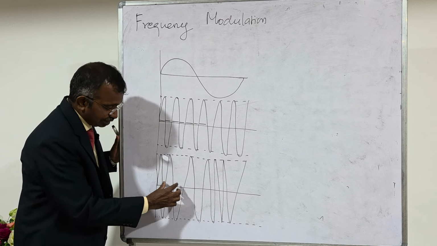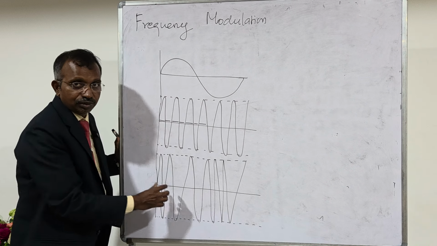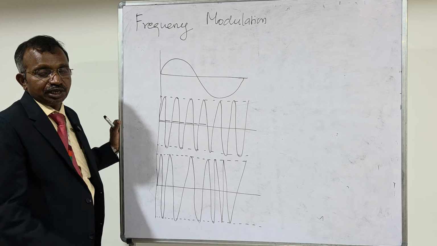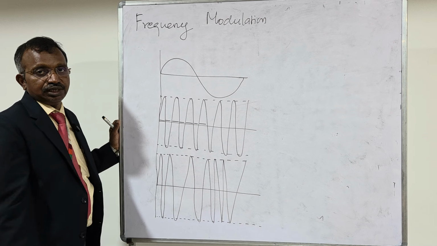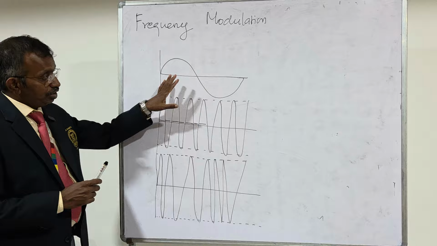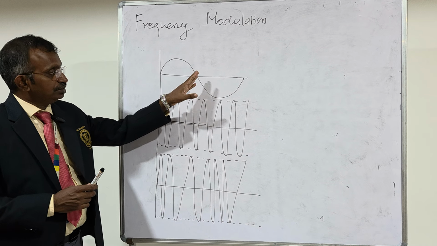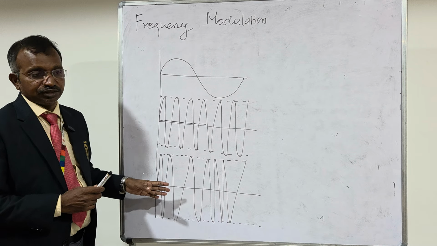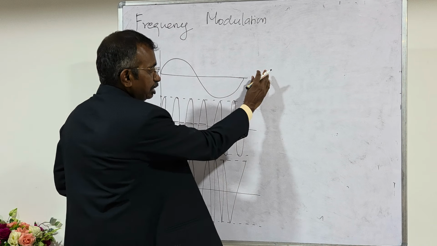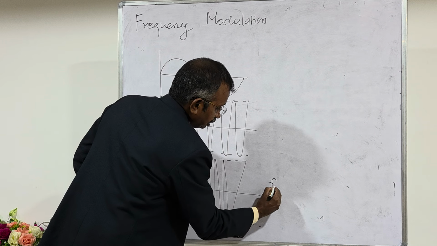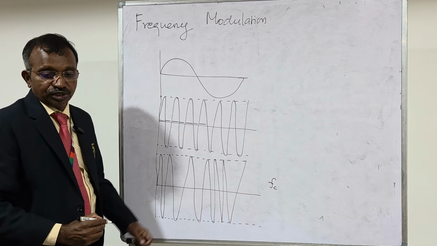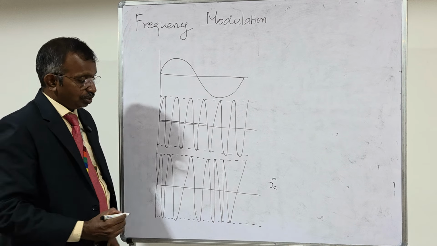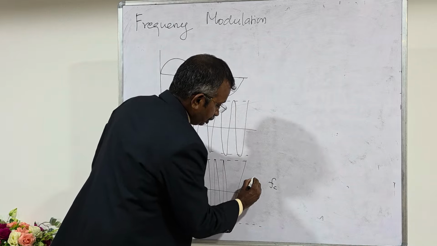That is one of the important things we have to note down. The information is contained in the zero crossings, whereas the amplitude of the FM signal remains the same. There will be no big differences in the amplitude. Suppose when you switch off this message signal, then at the output I will be getting the same carrier signal. When the input is 0, this frequency is Fc. Suppose I apply the input,